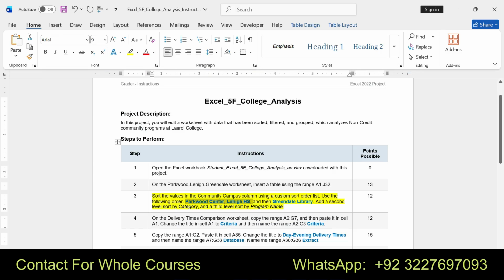and further, and then Gradeland library at a second level sort by category and then third level sort by program name. Use the following order. Okay.